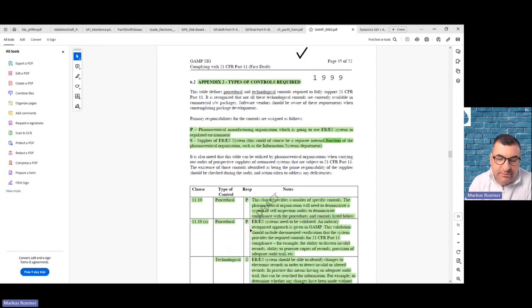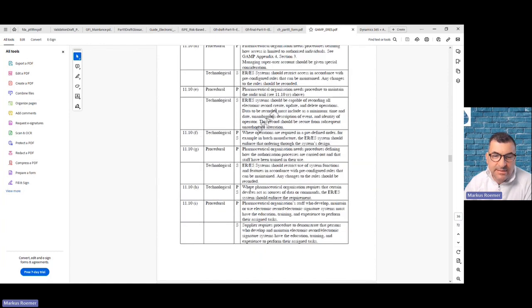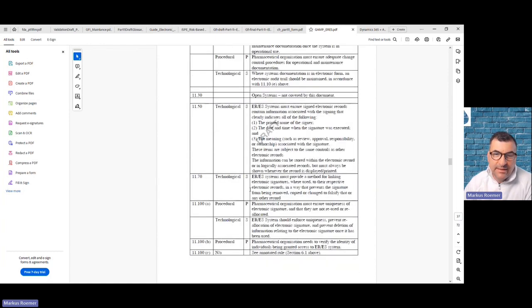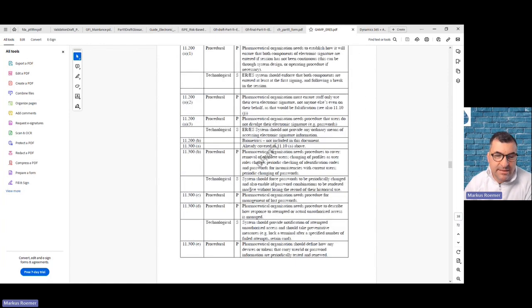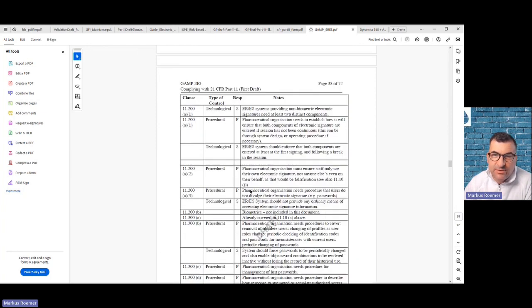We put in the column responsibility. You see P for the pharmaceutical company, could also be a medical device company, and the supplier. And this is also very important. It's a shared responsibility, and we try to define these requirements in a more executable way. You see that it's only 3 pages,